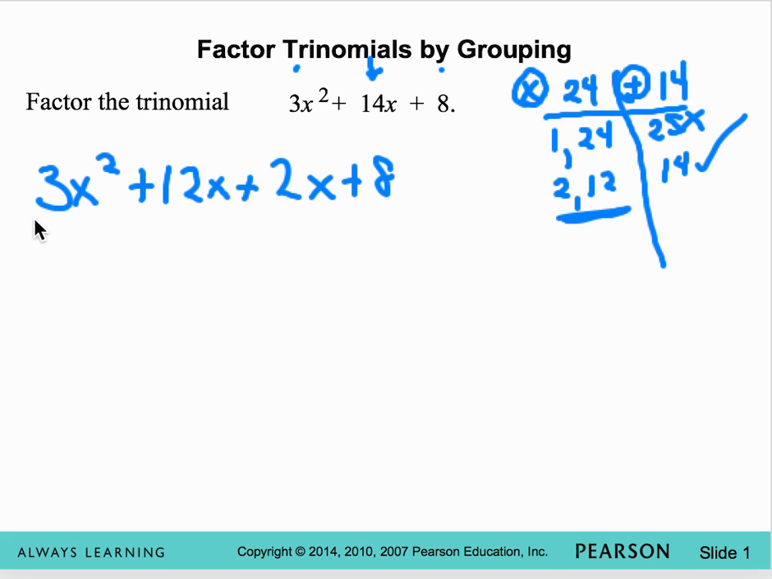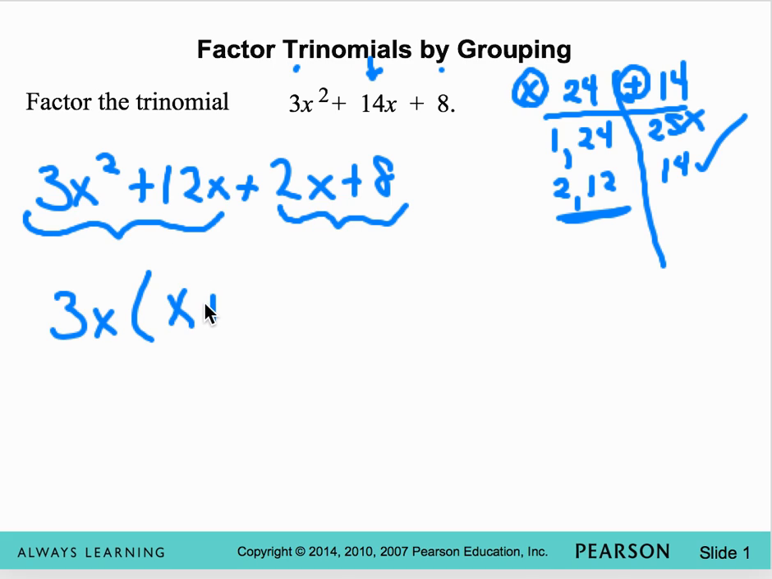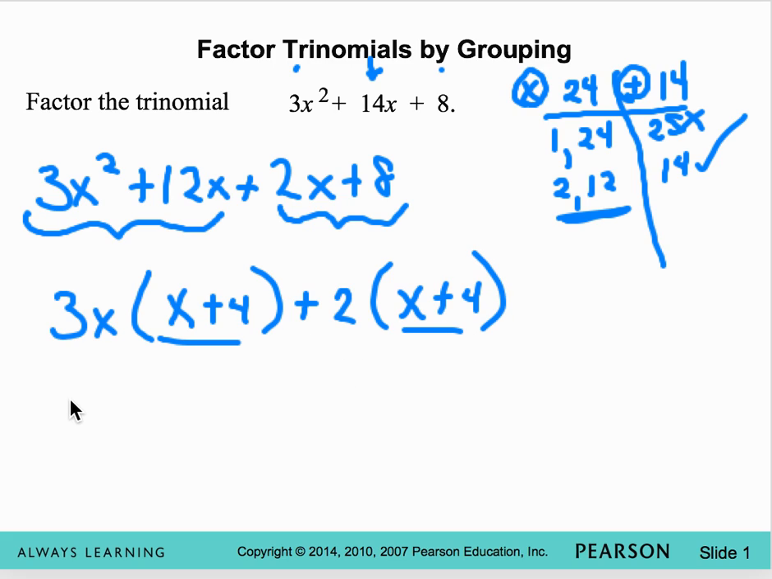Okay, but now look what happened. I made it have 4 terms, so I can factor it by grouping. These first 2 have a common factor of 3x. Okay, and that leaves x plus 4. Plus sign, so no worries. These 2 have a common factor of 2, and that leaves x plus 4. Now they both have an x plus 4, so that can come out. And what's left is